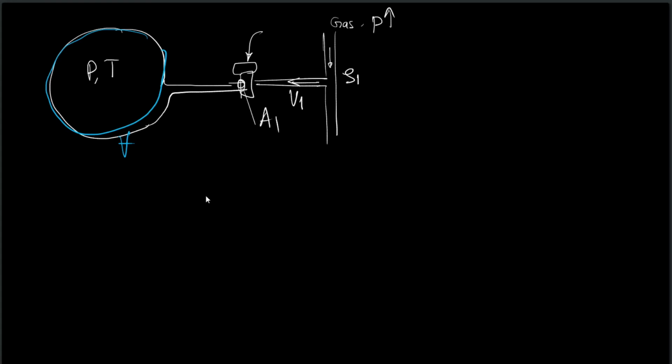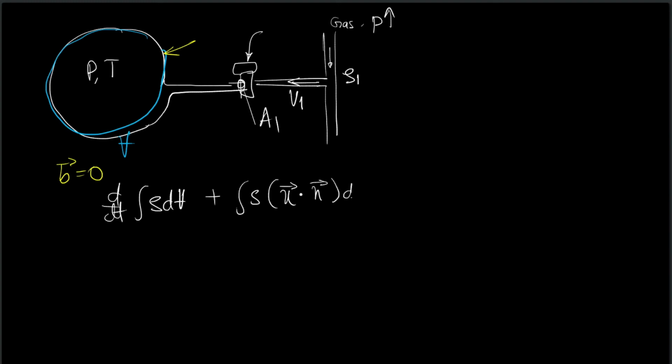So let us write down the conservation of mass for this control volume, the blue control volume. The blue control volume has a zero velocity, it is a fixed control volume. So now d/dt of integral rho dV plus integral rho u dot n dA equals 0. I have dropped the b because the control volume has zero velocity, it's stationary. So now what is this? It's d/dt of rho times volume